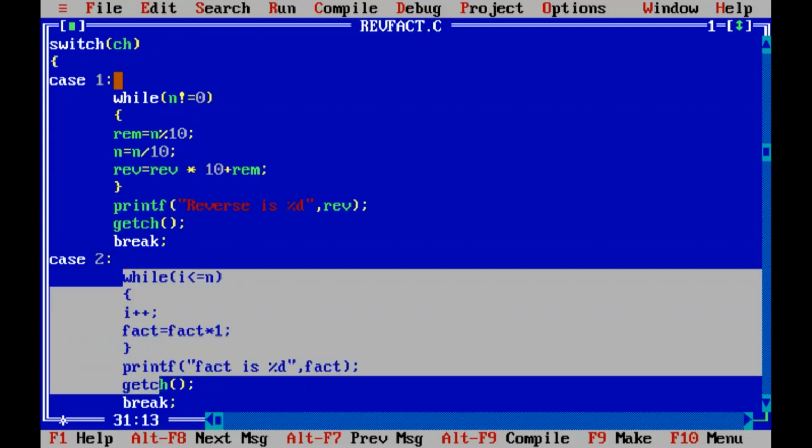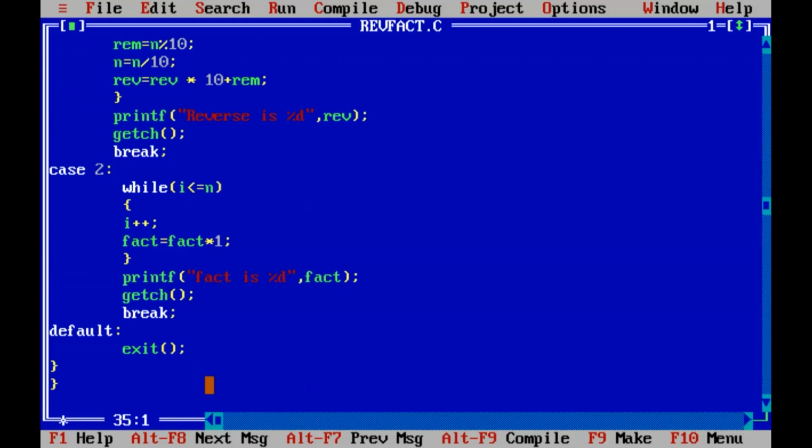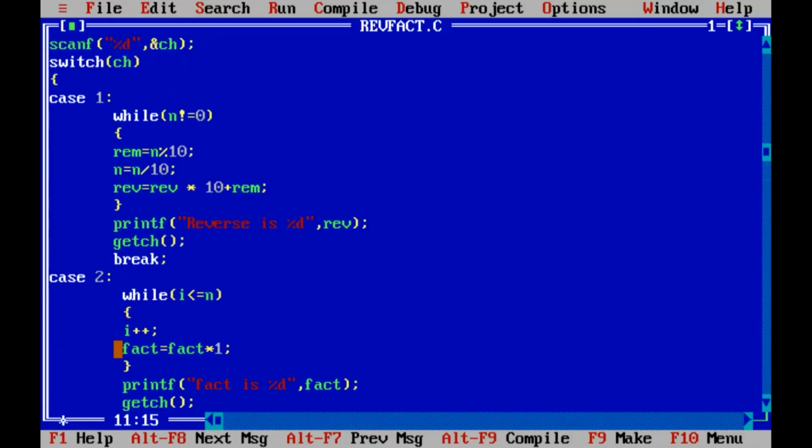Got it? For the syntax of switch case, you have to start with a bracket and end with the bracket down after all the cases. Even after the default, we close the bracket. I didn't give any tab. For each of the cases, you have to give a case label, and after the case label you have to put a colon. Default is the case which will be executed if you enter any number other than 1 and 2. I'm just giving an exit in order to reduce the length of the program. If default, then you have to exit, without telling you entered a wrong choice and all.